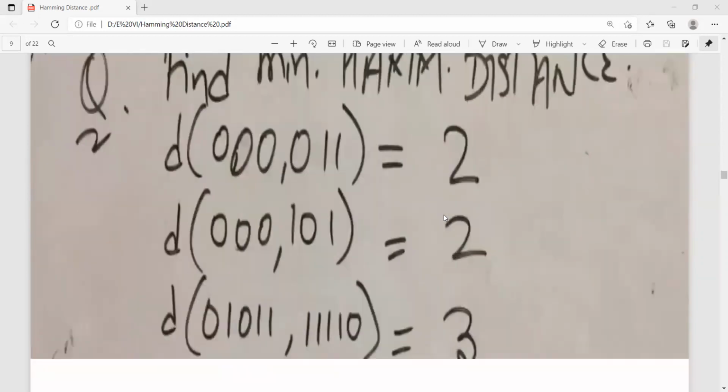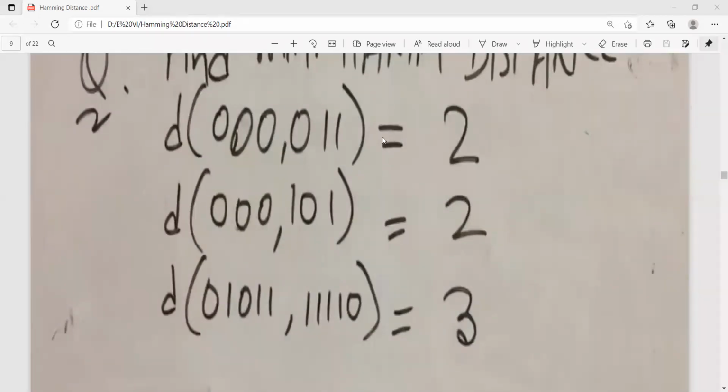So let us take these 3 different trials of pairs. This is the first pair, two strings: 00001100 and 01010101 and 11. So in different trials, we received different data.